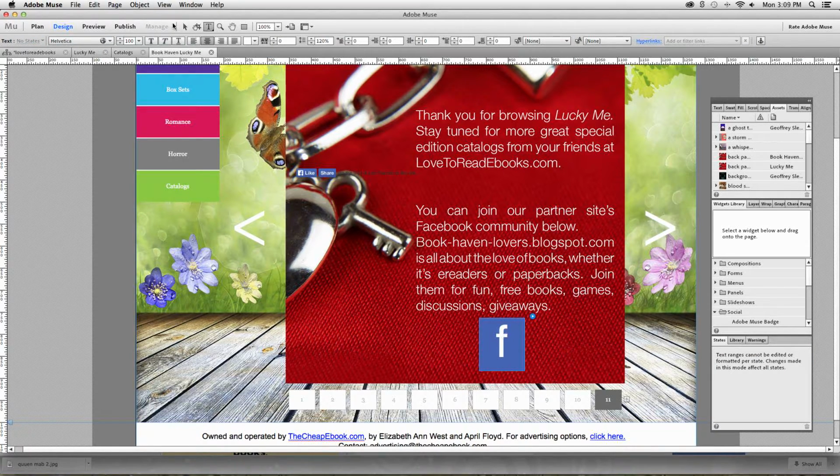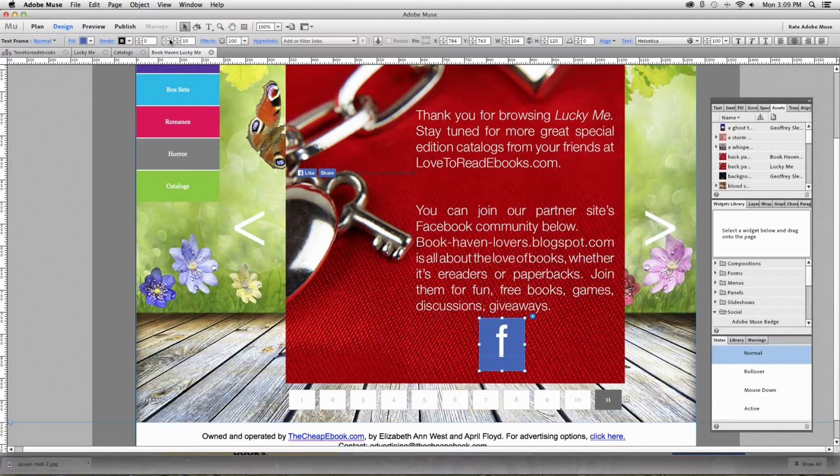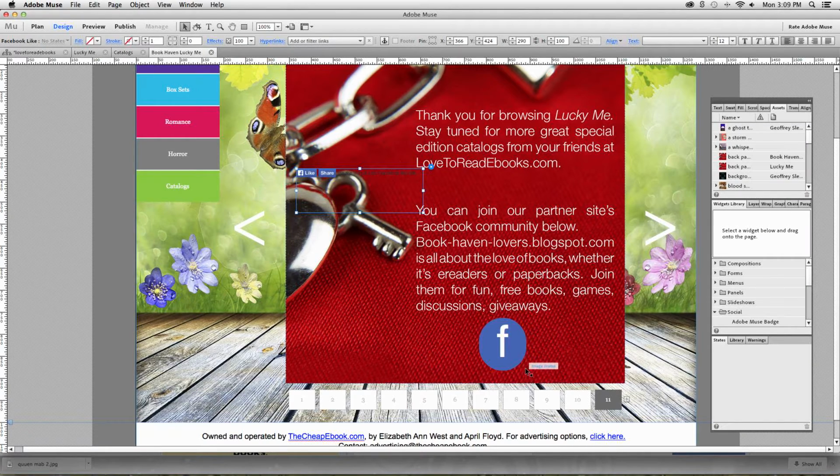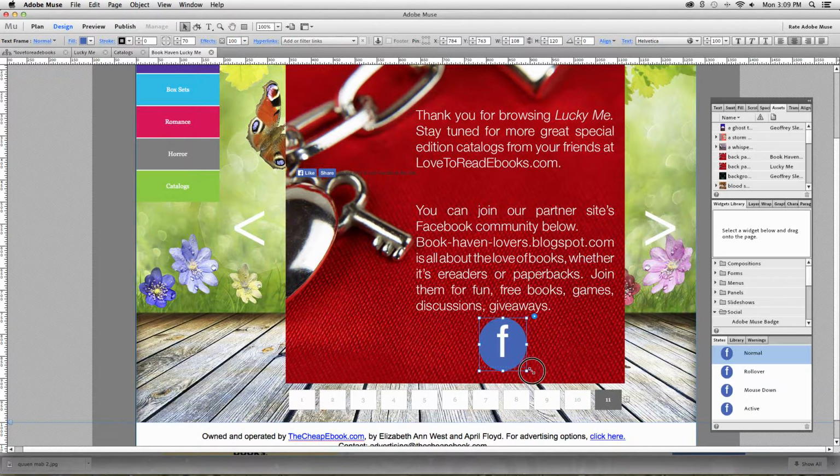All right, so it's almost done, but it looks kind of boring. And we're not just going to bevel it. What I'm actually going to do is I'm going to make the edges, I want to make it look like a circle as much as I can. So I did the 30 on all directions, and now I'm actually just going to make this okay, that's about as good as it's going to get. Maybe 50. 60? Now it looks like a circle. See, it looks like a big Facebook circle. It kind of looks like an oval, but